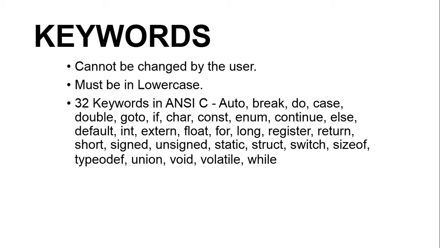Actually, auto, with a small letter a, and break, do, case, double. These are predefined. Each and every keyword represents some information to the machine as well as the user. If I declare char a, it means a is a character data type, and the break keyword used in a switch case means it breaks, it has some action. So each and every keyword has some action while you are writing a C program.